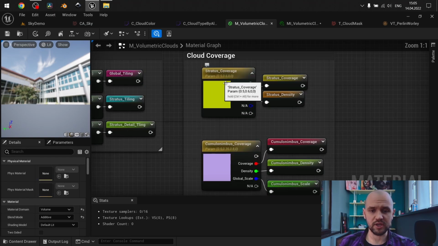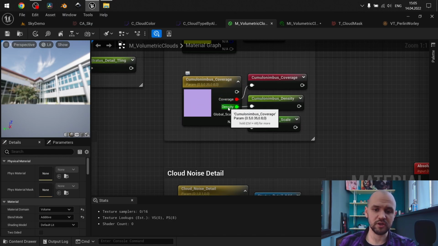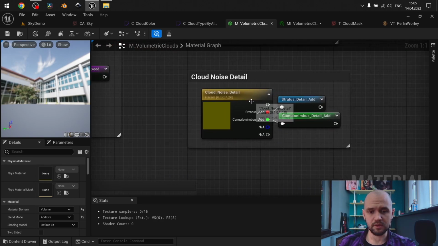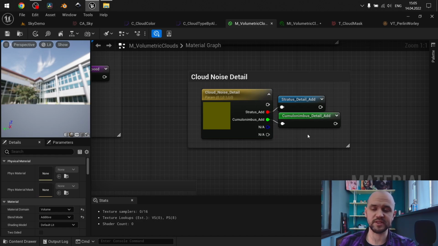Next, cloud coverage, where we have stratus coverage, stratus density, cumulonimbus coverage, cumulonimbus density, cumulonimbus global scale. Next one, cloud speed. There we have speed on both x and y axis. Cloud noise detail is the amount of scalar attribute that we will add to the texture, so it will go more from white to black or from black to white. So stratus detail add, cumulonimbus detail add,